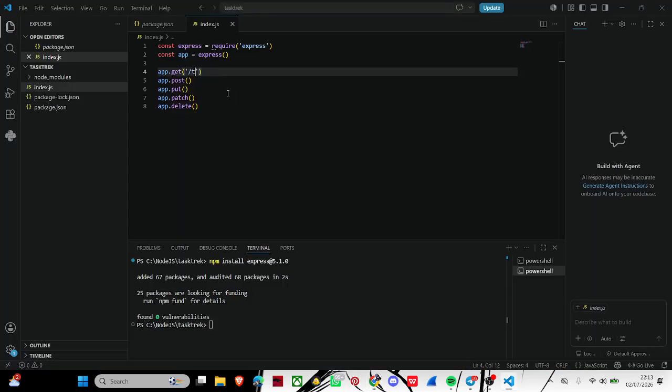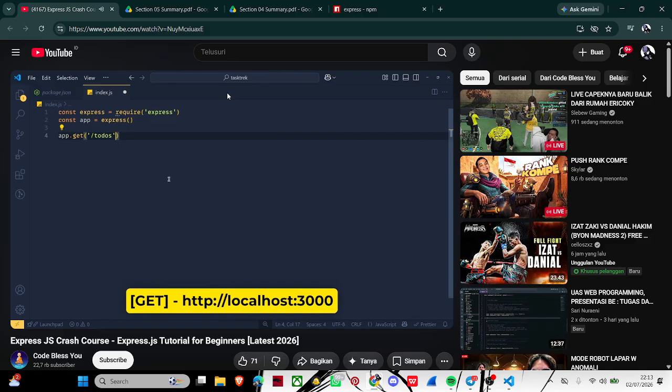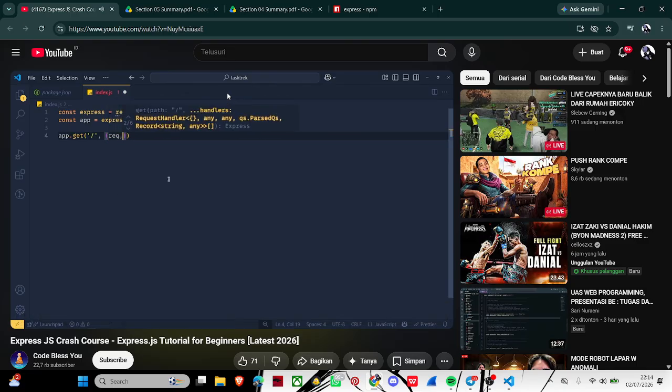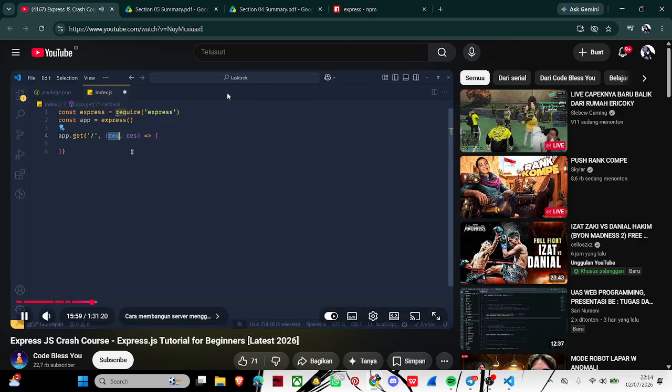Now what if we want to define a get API for the URL http://localhost:3000, which is only a forward slash? In the callback we get two objects: request, with details about the URL request, and with the response object we can send response-related details. We already saw these in HTTP, and on this app.get request simply